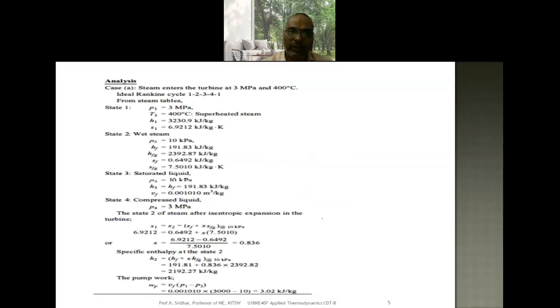Now after plotting the TS diagram, from the steam tables, so always the steam tables are very important. So at state number 1, state number 2, state number 3 and state number 4, find out all the different property values and then find out the exit condition, whether the exit condition is wet or dry or superheated steam. So for this particular one, 1-2 is always an isentropic expansion process. So S2 is equivalent to SF2 plus X into SFG2. So X2 value is lesser than 1. So that's why the exit is nothing but wet steam. Wet steam is leaving this particular turbine.